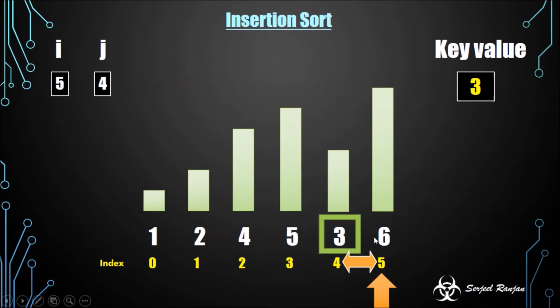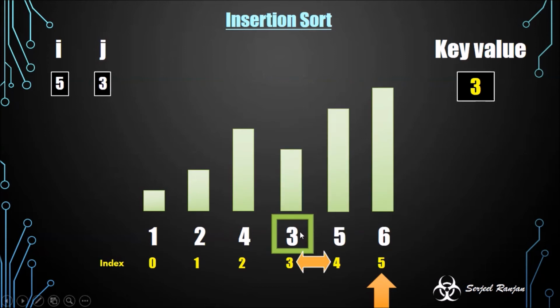Okay, the process is not over yet. The box should move by one more step backward. Okay, so the box is at 3rd index now, which is the value 5, and since this box value is also greater than the key value, this box value will swap itself with the adjacent element. Swap was done. 3 came to 3rd index and 5 went to the 4th index, and the box will once again move one step backward.